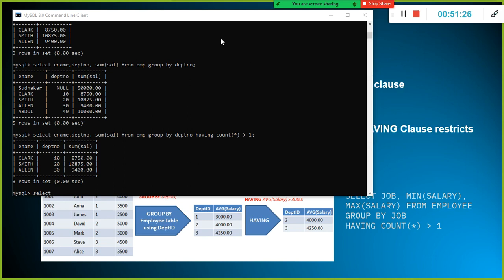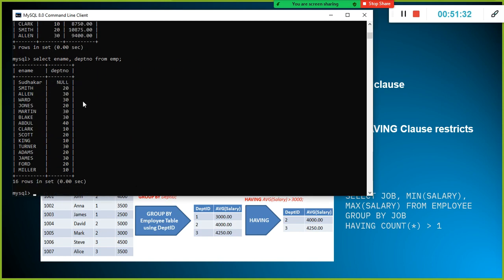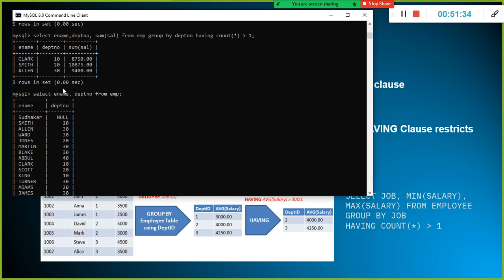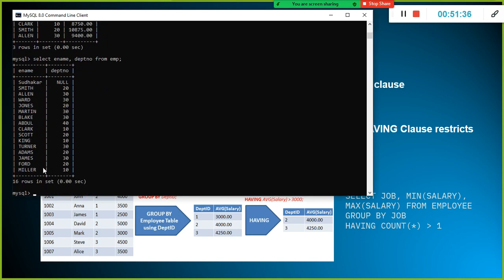For example, select ename, department number from EMP. Look here. What is this one? 30, right? 40, Abdul, is appearing only one time.